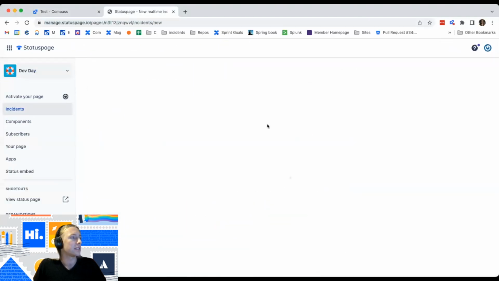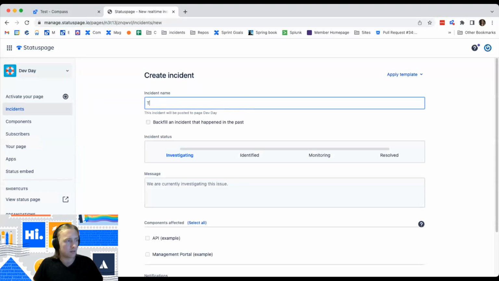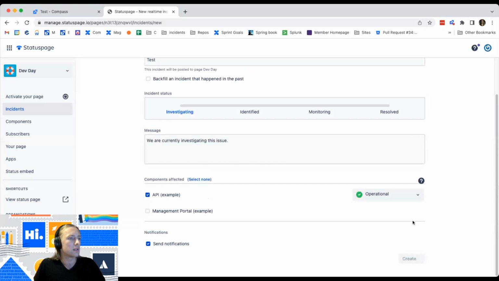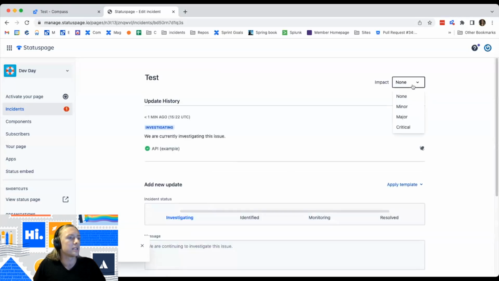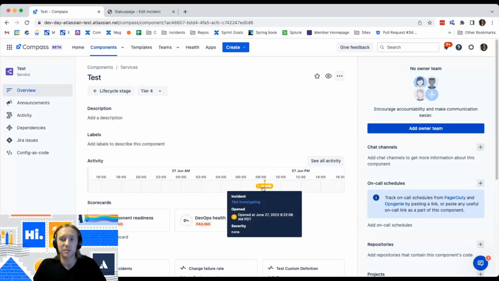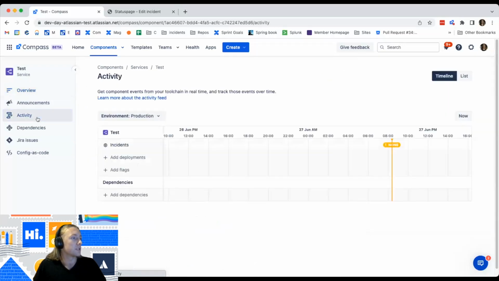If I then create an incident on the status page, and the impact right now is none, and I go back here and take a look at my component, we can see that this incident shows up here in Compass. This is really cool because you can have this screen here, which is really the centralized view for everything happening with your component. So that's kind of the goal of